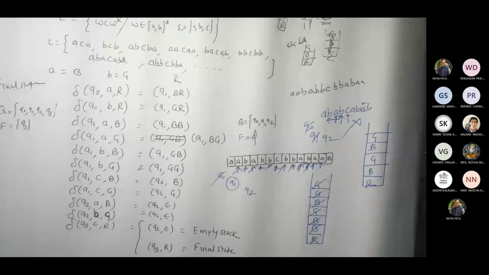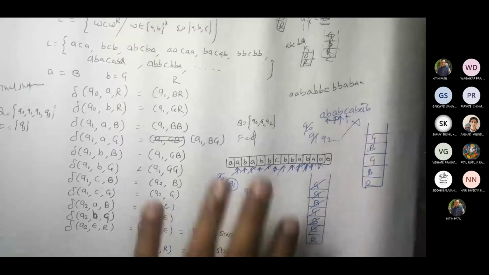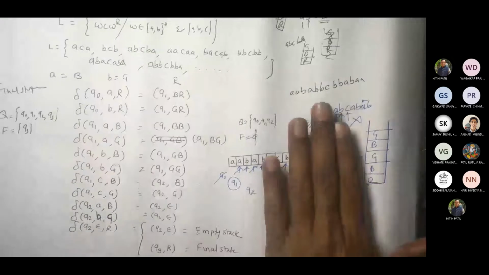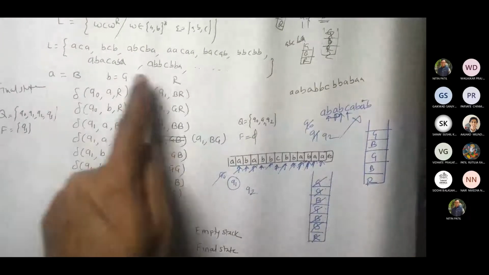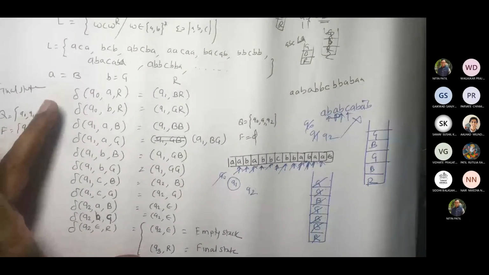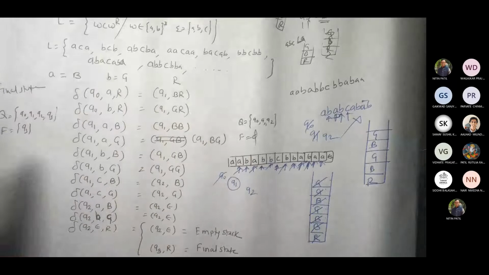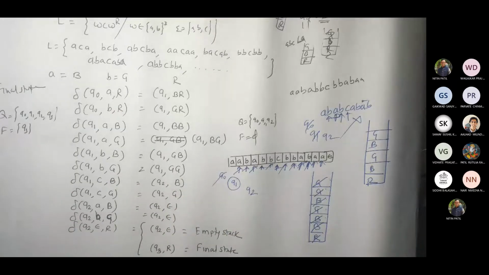So you can see that every time you take a wrong string, I mean one which doesn't fit here, you will definitely see that this will fail. Because if the transition function is not given, that means what? These are the rules for operation. If you don't see a rule defined here, that means the given string is wrong or the given input doesn't work with this kind of solution. Is that fine?